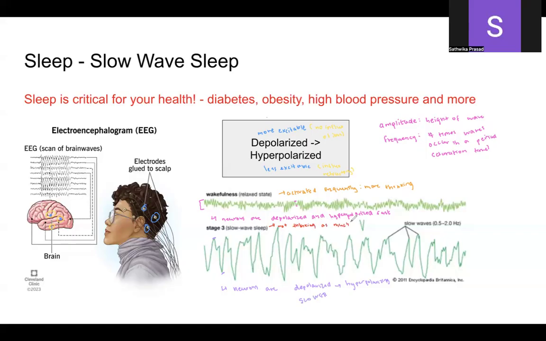Which means you're relaxing, right? Which is why slow wave sleep basically accounts for this kind of really long, elongated